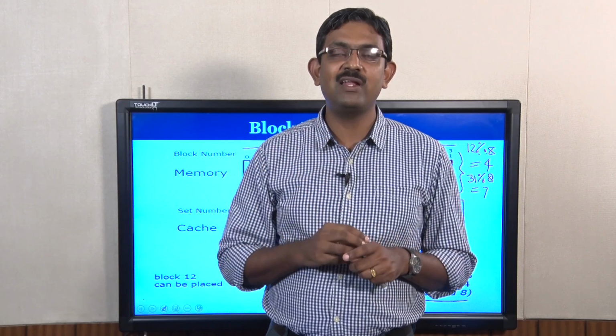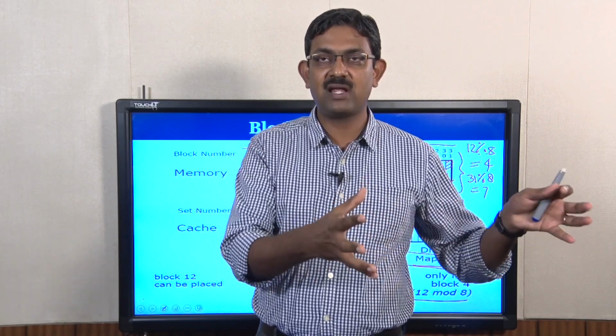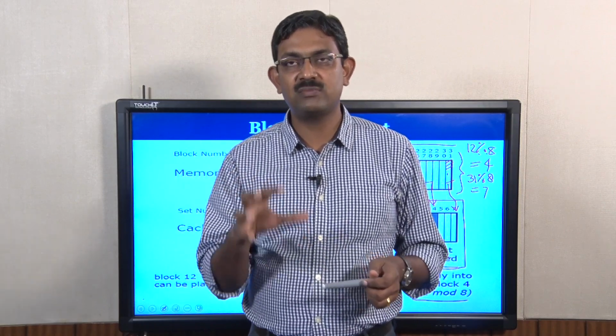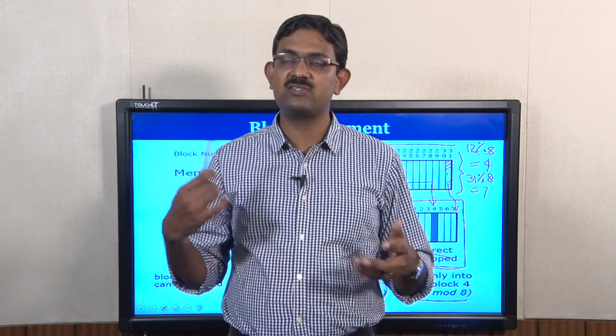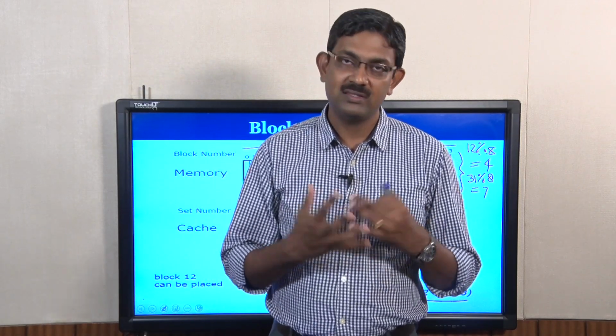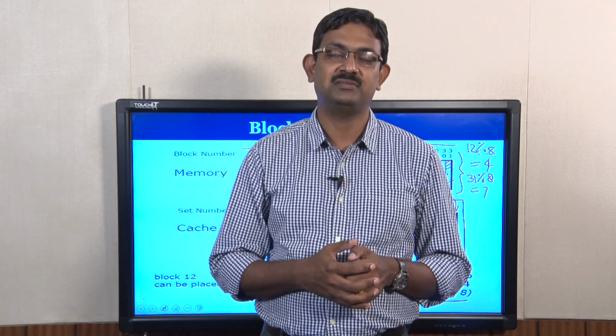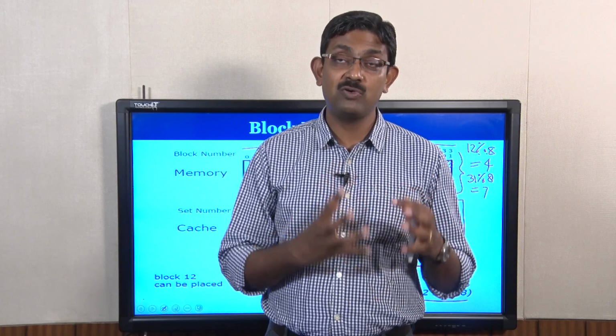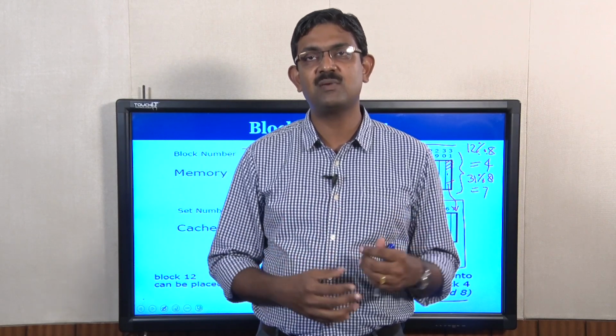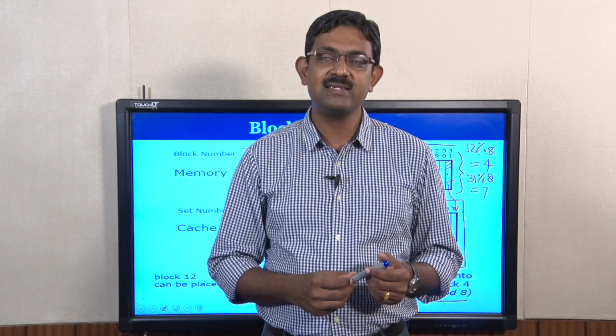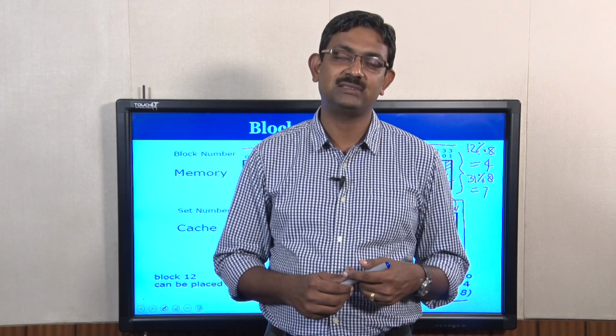Let us say when you move to the final year, you may use the same notebook for 4 subjects. So you define the first 10 pages for this subject, the next 10 pages for the next one, like that. So for all these 4 subjects, this particular notebook is used. For the next 4 subjects, another notebook is used. Then with these 2 notebooks, you can effectively handle the whole semester, whereas if you had used separate notebooks, then you would require 8 separate notebooks. That is called a 4-way associative cache.